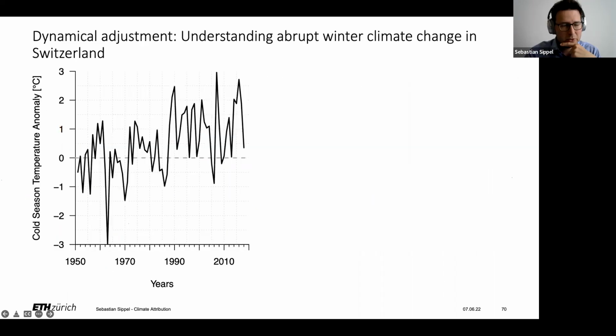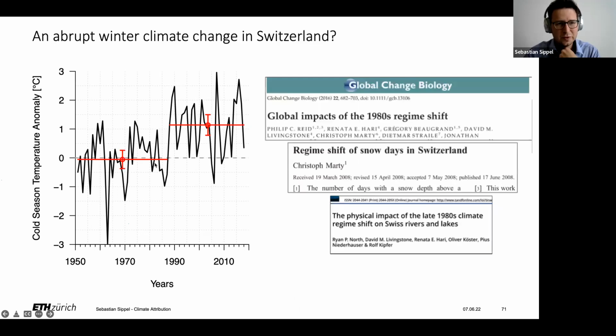And I wanted to show this for one brief example, and it's about winter climate change in Switzerland. So if we look at the cold season temperature anomaly in Switzerland, we actually see that it's quite noisy. Of course, we expect this. Winters are very variable, but it also looks as if there would be a sort of a shift between 2 time periods. And at least it has been basically framed like this in scientific discussions where people kind of